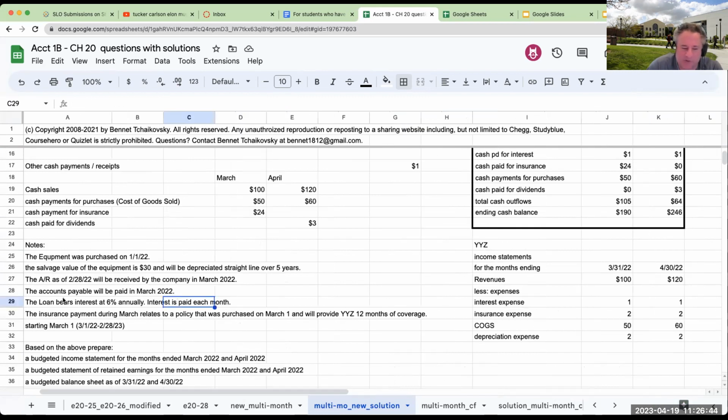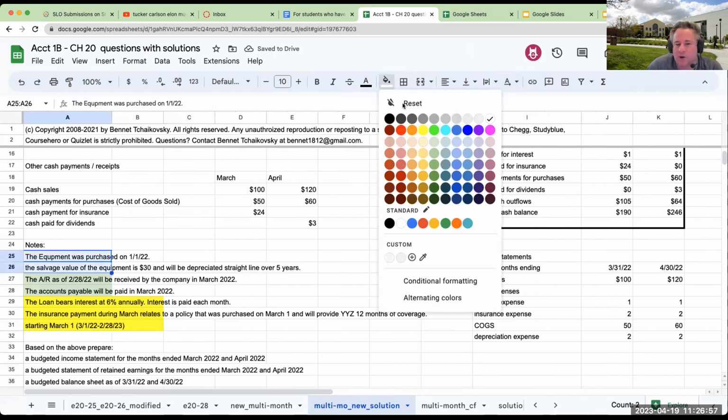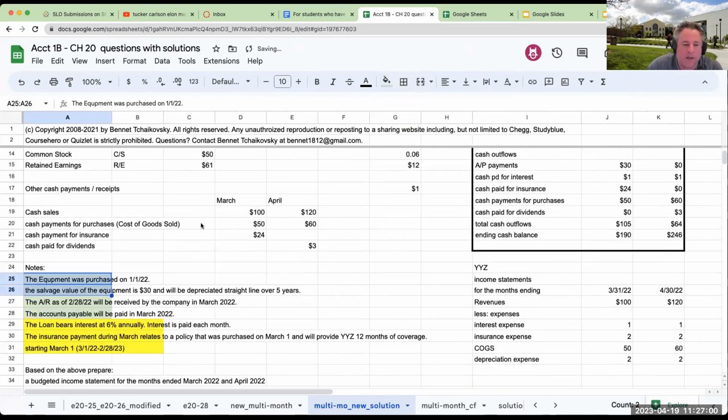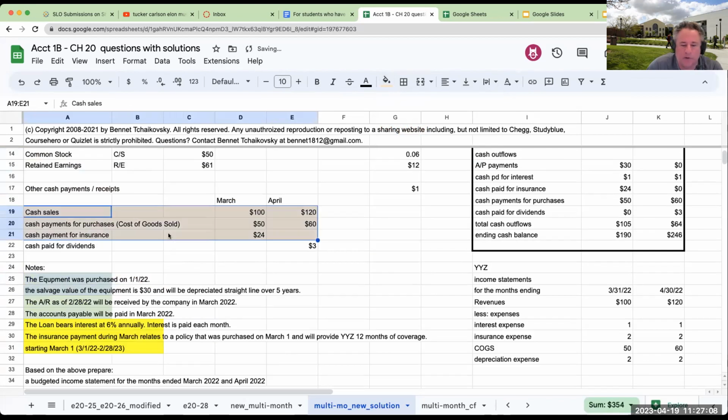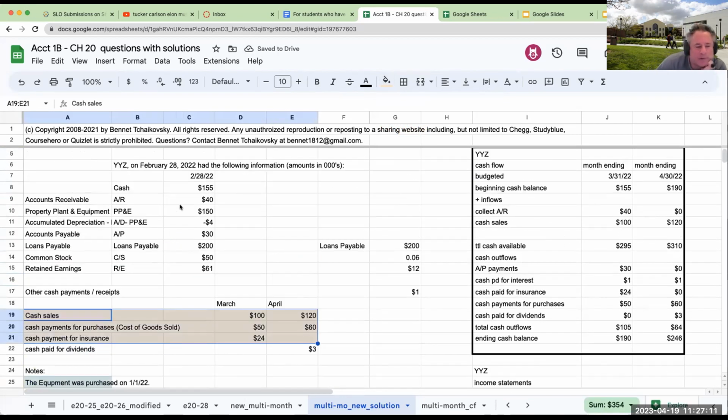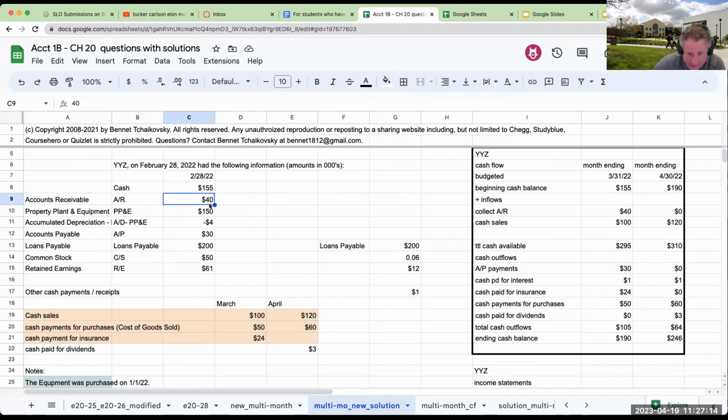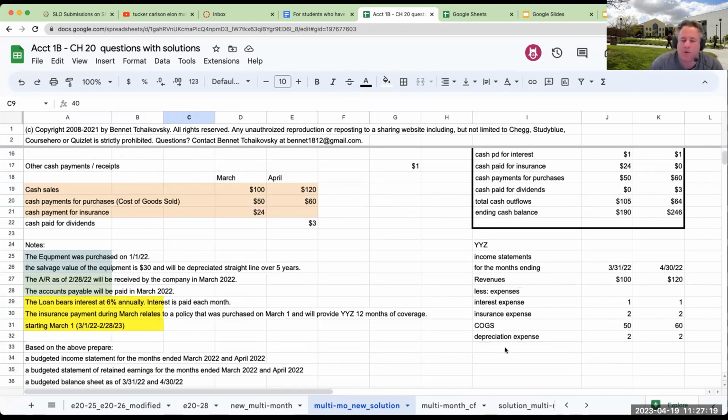So we've got the interest expense, right? We dealt with that. We dealt with the insurance expense, right? We've dealt with these guys. We've dealt with the payable. The payables don't really impact us. The AR doesn't really impact us, right? We've dealt with the depreciation on the equipment right over here. And we've dealt with these amounts right up here. And let's go through and see if we see anything else. Receivables we've dealt with, cash, all those things here, payable. Okay, so we're good. So our total expenses are going to be